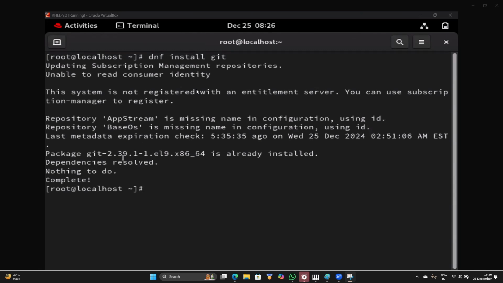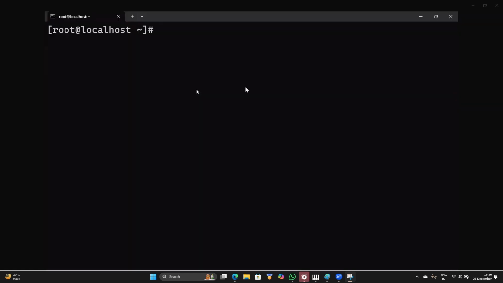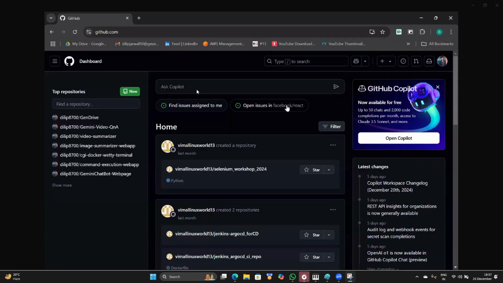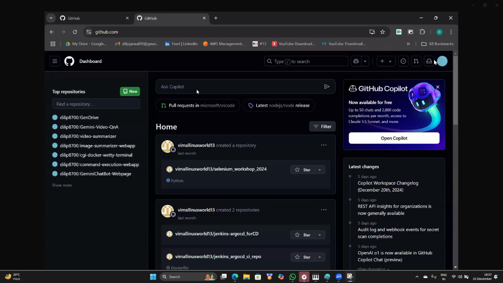Okay, so what I did, I just took the screenshot of my RHL 9 system to my base Windows system. Okay, so there are lots of ways to connect with GitHub. Just go to github.com. Here you can create your own account. After creating the account, just